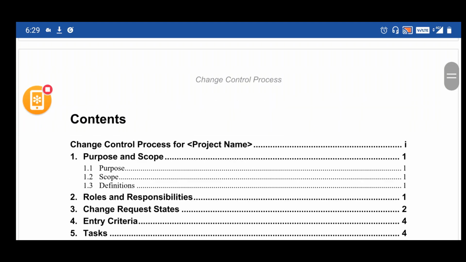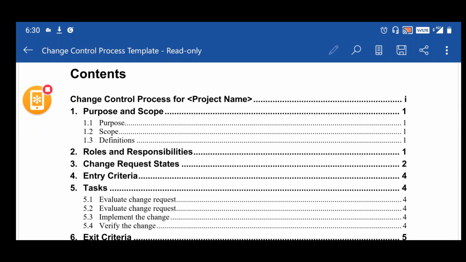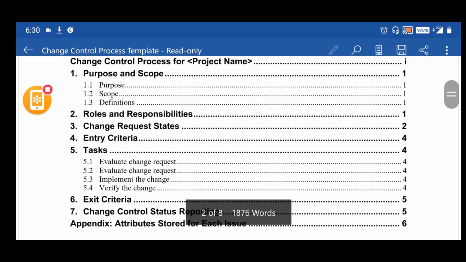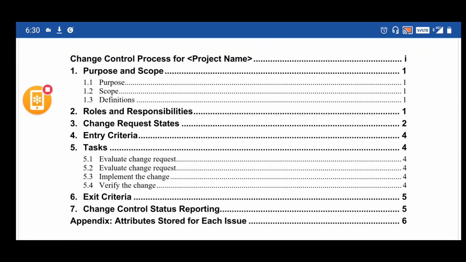If you look at the contents here: the change control process for the project name, the purpose and the scope, roles and responsibilities with regard to the change, the change request states through which the change request will pass, the entry criteria for the change to be initiated, the tasks that you do as part of the change request process, and the exit criteria, when we can say the change request is complete. Then change control status reporting: if you have to report your changes, how do you maintain that?